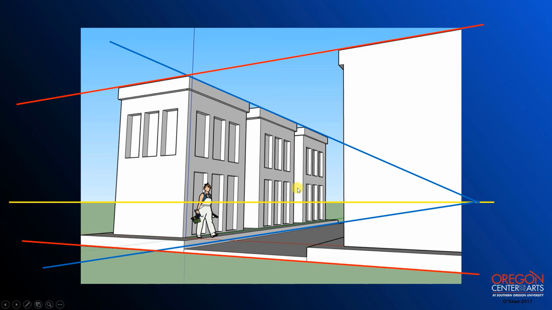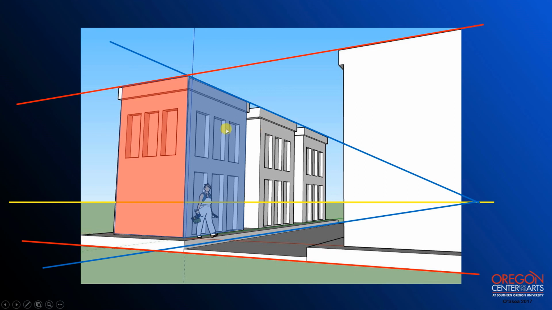So instead of everything going down to the distance way out here in the center of the street, we've got the same horizon line, but these buildings are now pointing down to this spot, and these are all pointing up to that spot, and then we have all these red lines that are going off on buildings that are on that side. So if we throw in some little colors on there, there's the blue planes, and there's the red